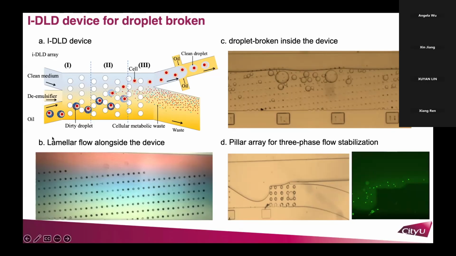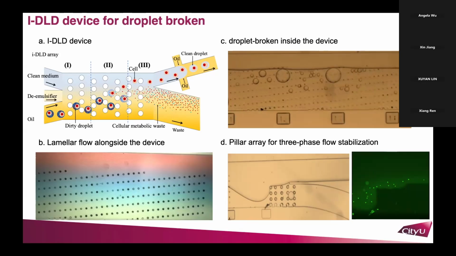As you can see in figure B, firstly, we use different color-labeled phases to show that the laminar flow could be stably formed in our device. And in figure C, there is a short video to show how the droplet moved inside our device and how it gradually broke and finally merged with the fresh media. And through the process, as we can see,